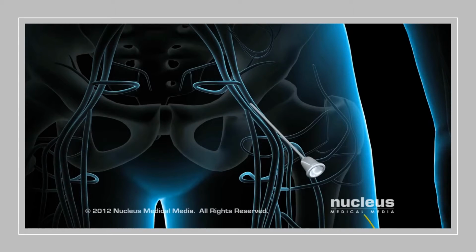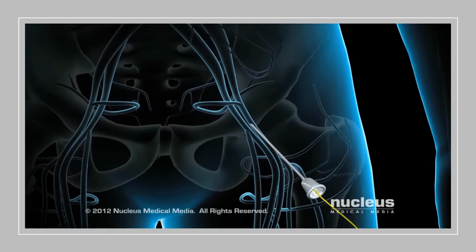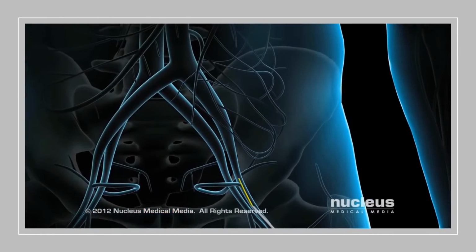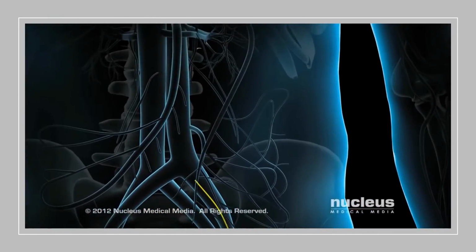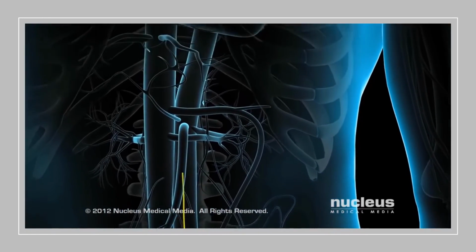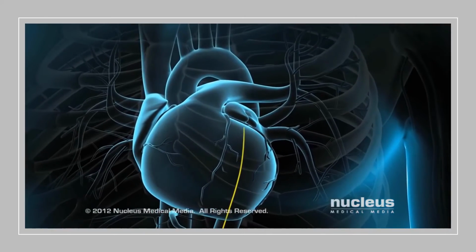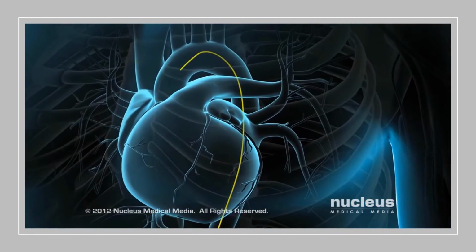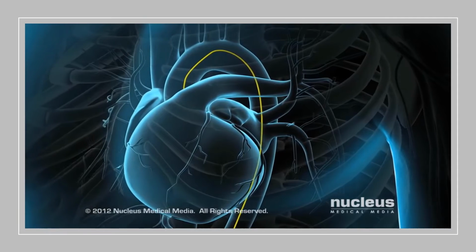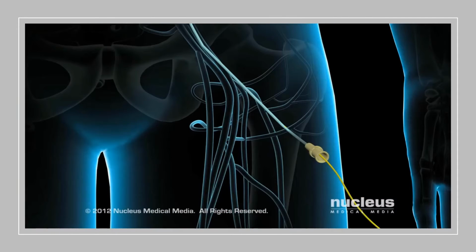The first one is inserted from the artery in the arm and the second way is inserted from the femoral artery. To deliver the contrast agent, the catheter is advanced from the femoral artery in the leg. Contrast agent is injected into the bloodstream to make the blood vessels visible on the monitor.